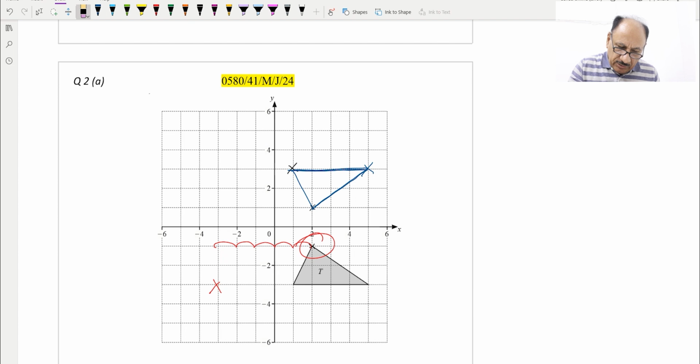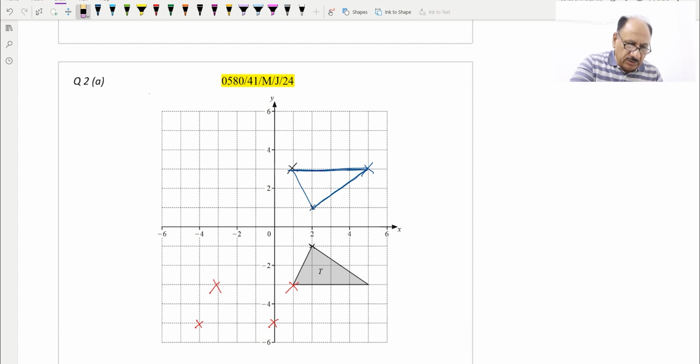So this point will be shifted over here, and the second point, this one, we can shift down over here, and 1, 2, 3, 4 units. So 1, 2, 3, and 4 units we can take over here,